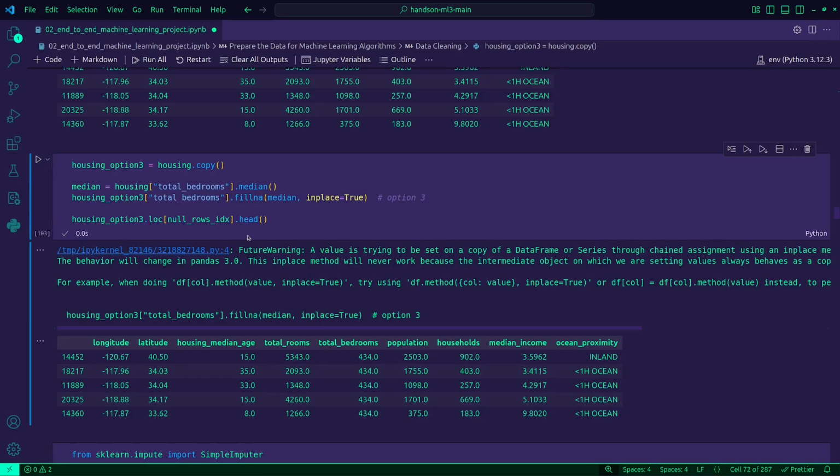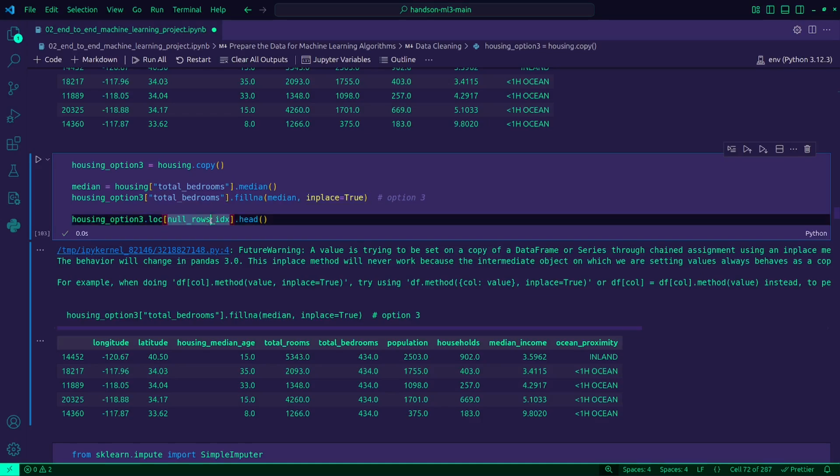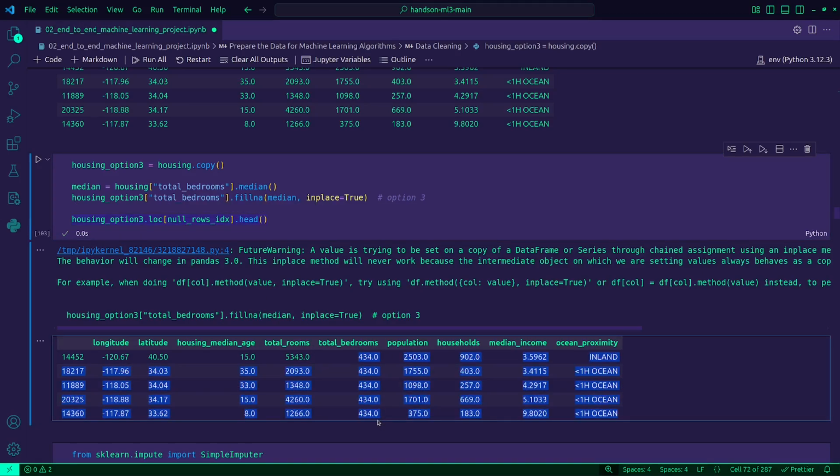Now here, we fill all the missing values in the total bedrooms column with the median. In place true fills this up. And same thing here, we pull up the same null rows, which now have total bedrooms of 434, which is the median value.